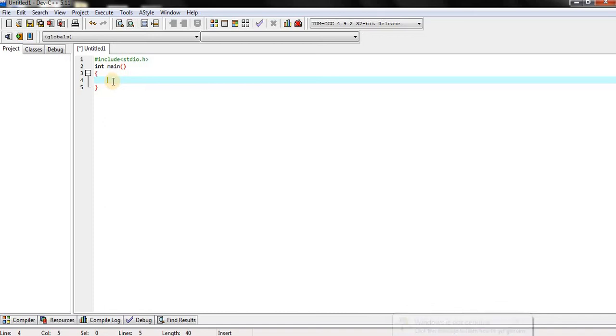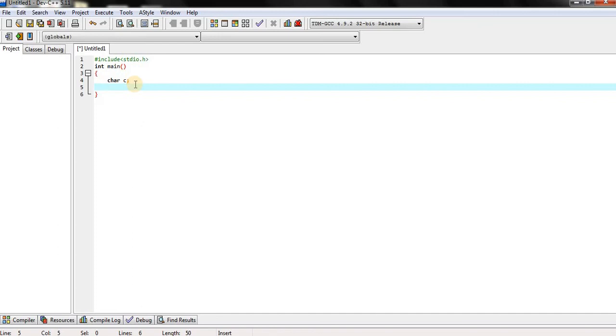And the variable declaration: we are writing a program to find the ASCII value of a character. Here I am taking the data type char, because we find the ASCII value of a character. It means a data type, a space, and a variable. This is a variable declaration, how to declare variables in a C program. The line ends with a semicolon.